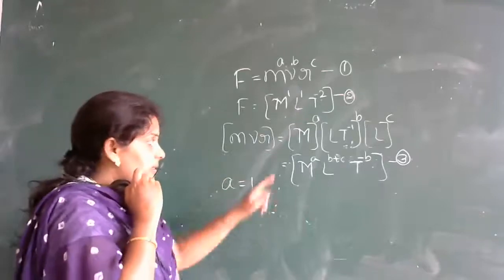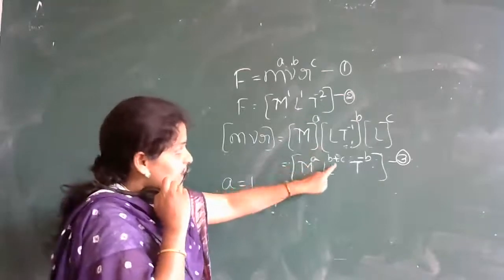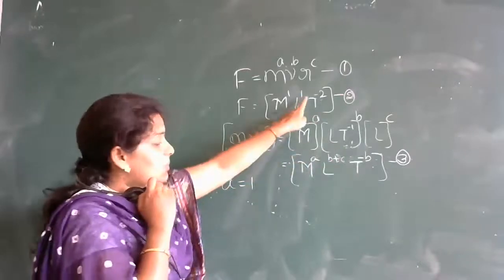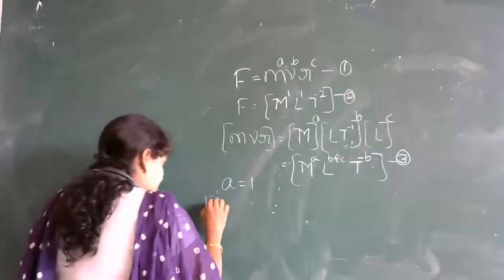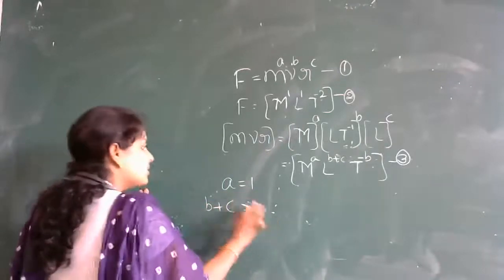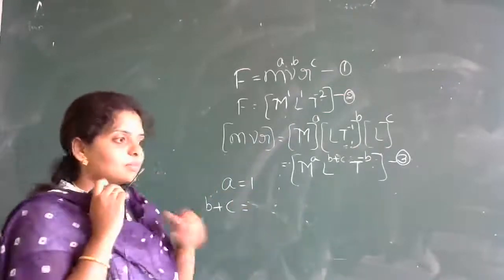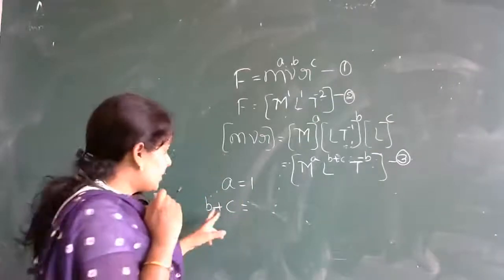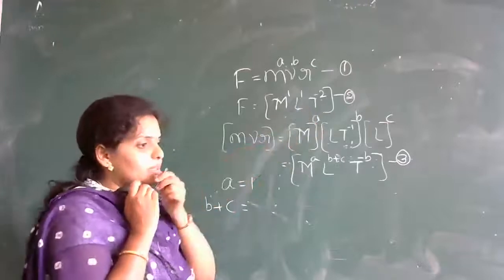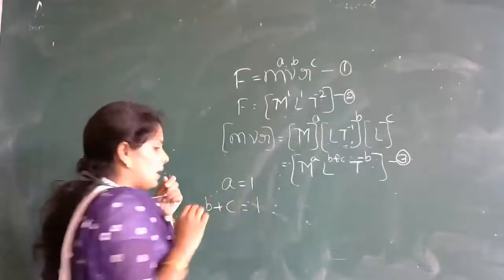Next, here L to the power, this is B plus C. Here L to the power 1. So, simplify this step properly. That only we were making mistakes again and again last class. And you people were sitting quiet. किसी ने भी नहीं बोला. Only one student had sent me the answer later. That was correct. So B plus C is equal to what? It is B plus C is equal to 1.